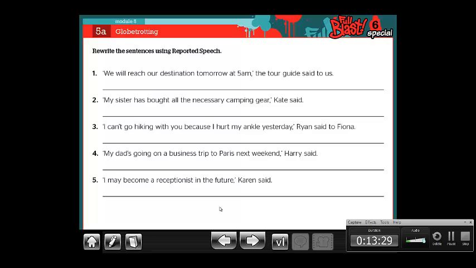Let's do this exercise together. Okay, rewrite the sentences using reported speech. I will do the first one. "We will reach our destination tomorrow at 5 a.m.," the tour guide said to us. First of all, I will say the tour guide told us. Here I have said to, I change it into told us. They would reach their destination the day before or